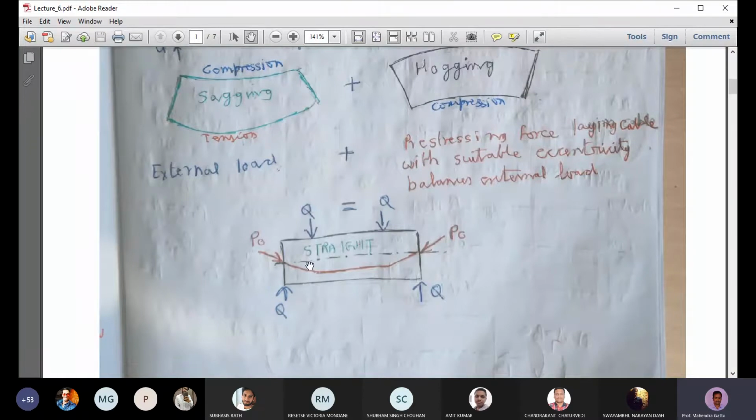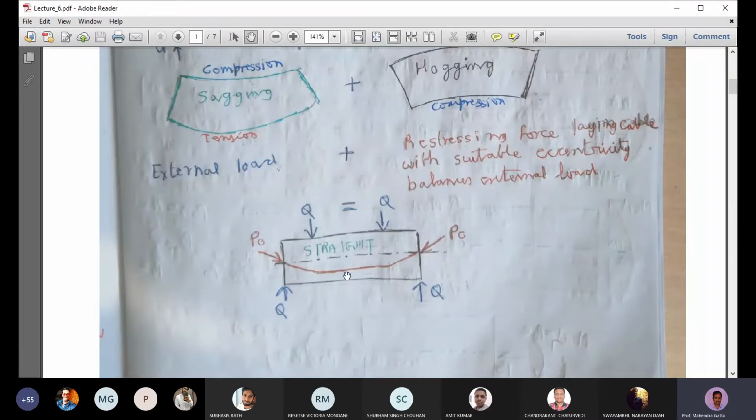If there is no pre-stressing force, then the beam will sag. But we have provided the pre-stressing force in such a way that the beam will lift up, and on top of it, when the external load comes, the curvature will become straight. So this is the basic concept of load balancing. We give an opposite effect on the beam so that when the external load comes, it will cancel out and the beam will be balanced.